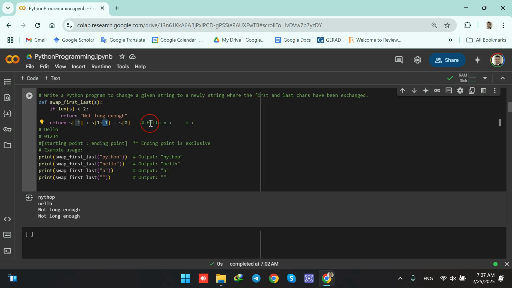Okay, so we start from 1, which is E. We go up until -1, but because it is not included and it is excluded, we are not going to have that. So we are having ELL. Okay, so ELL